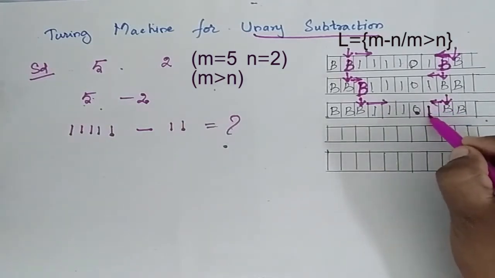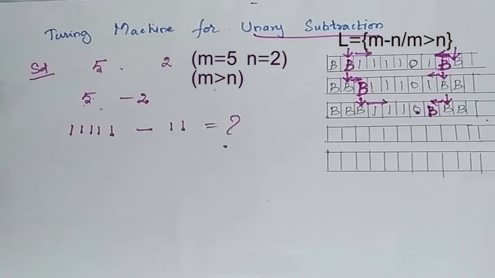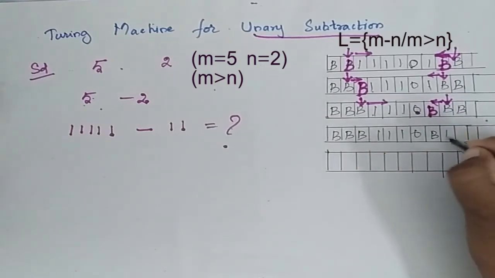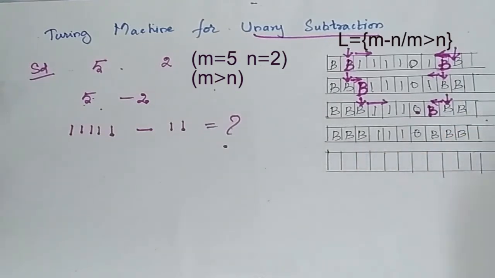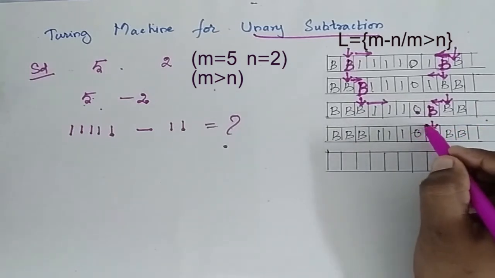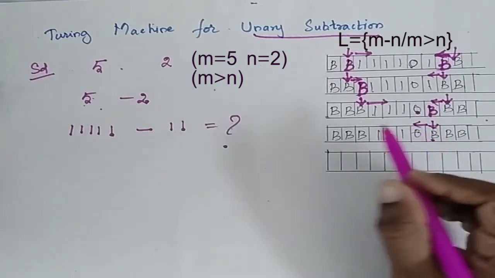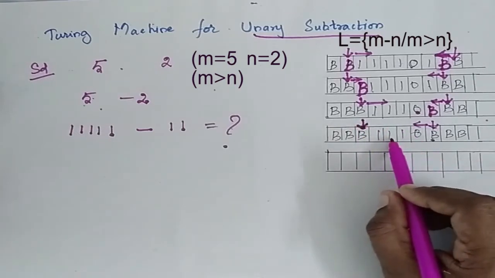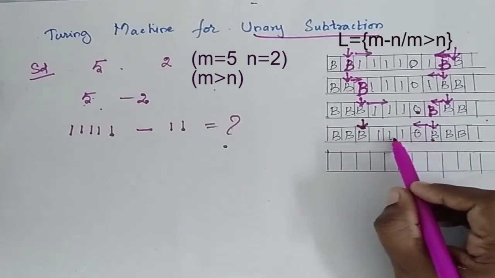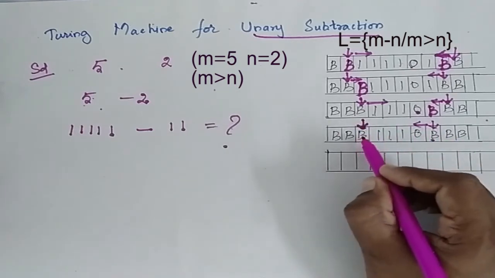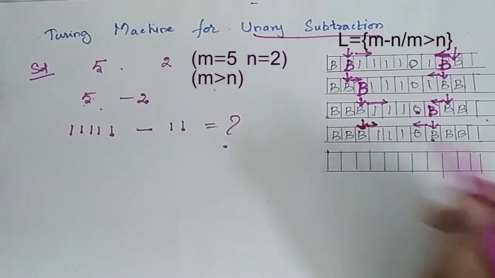Now this 1 is replaced as blank. Now my series will be like this with the tape header here. This 1 is replaced as blank and it will move right. Till it encounters a blank space, all the ones and the 0 it comes across are kept as such, and once it reaches the blank space it is kept as such and it starts moving right.